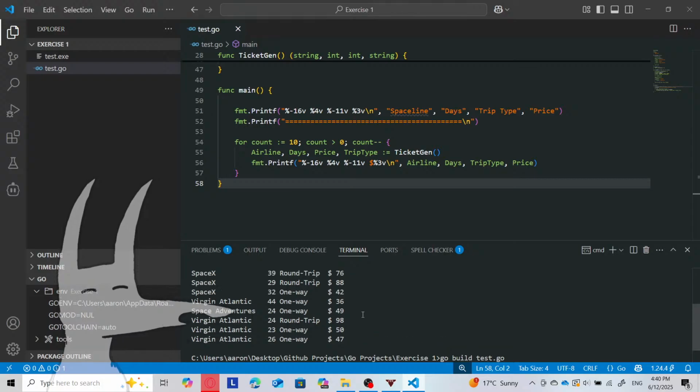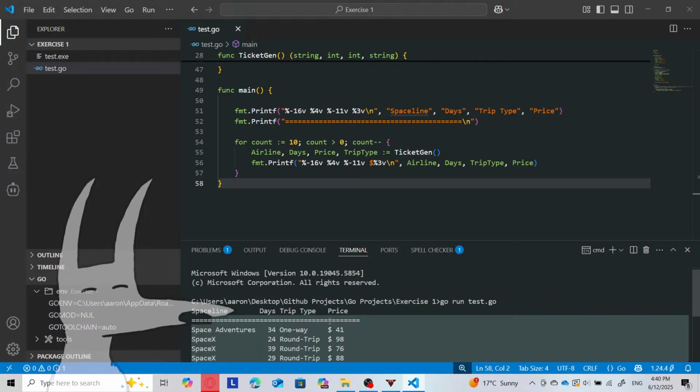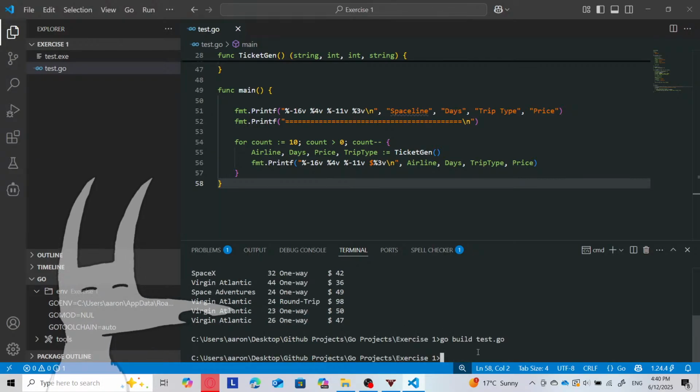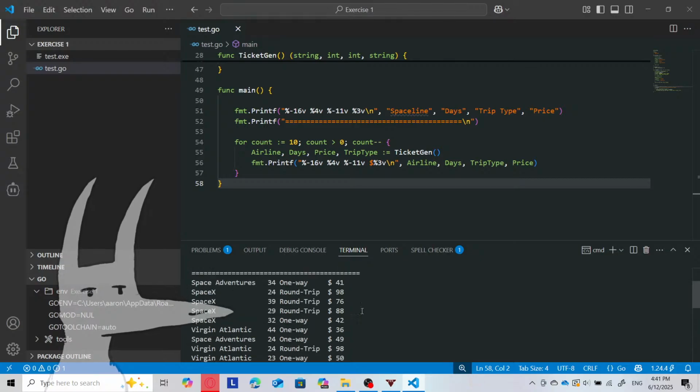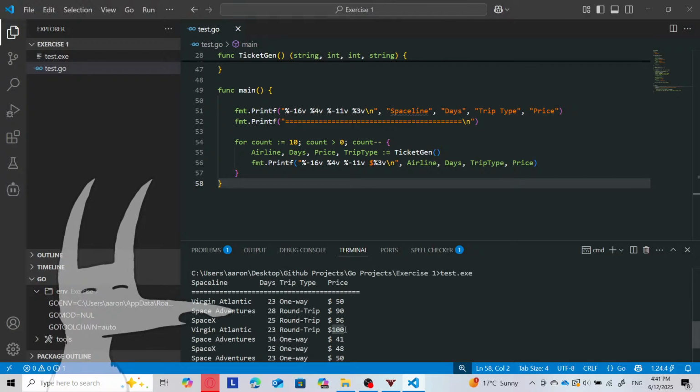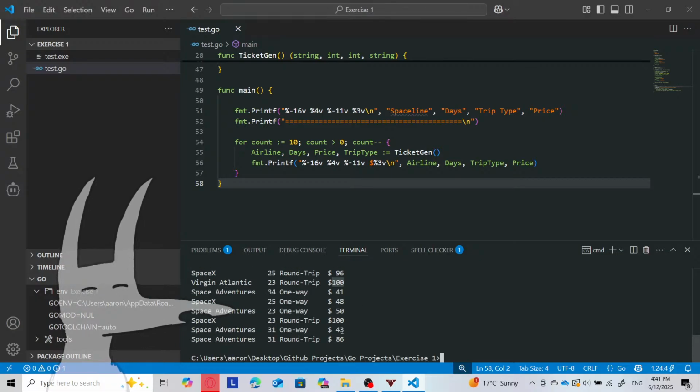So 2 megabytes to print this out. So yeah, we can do test.exe, and if we just run test.exe, then yeah, it'll print this thing out. But oh, we have 100 here, which is why